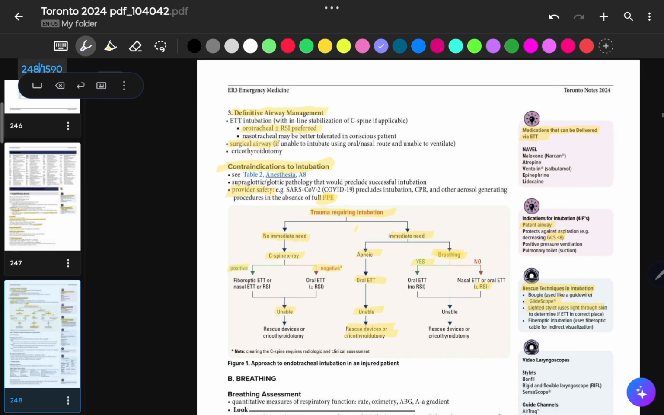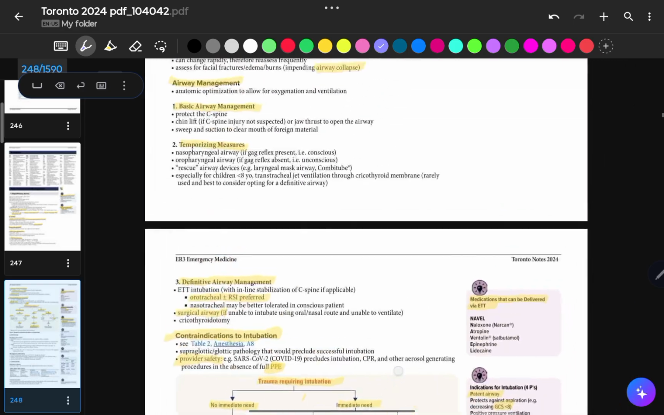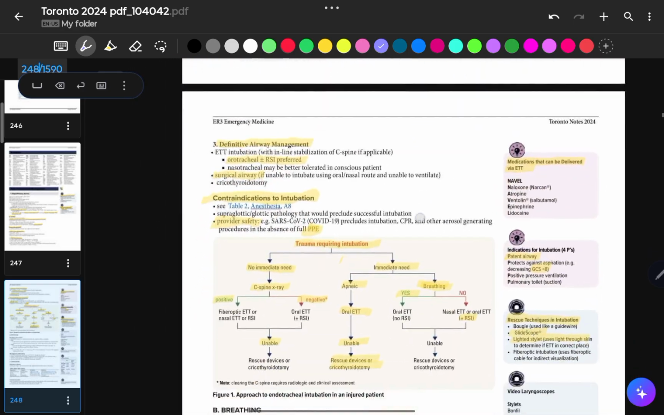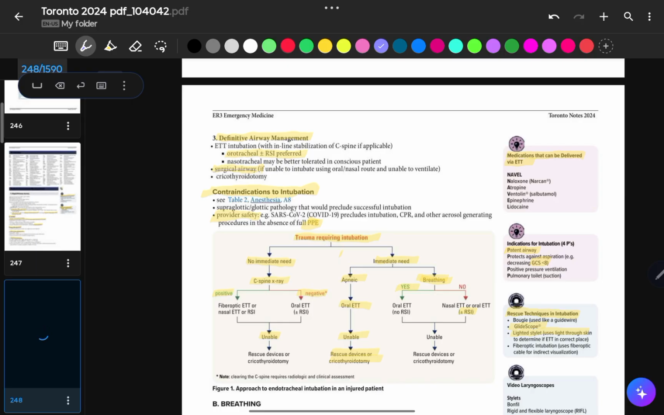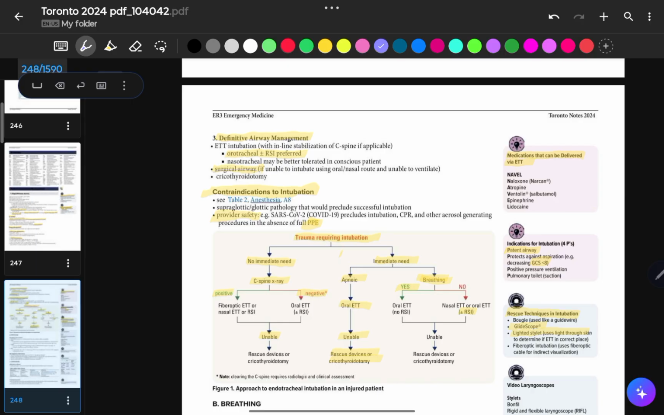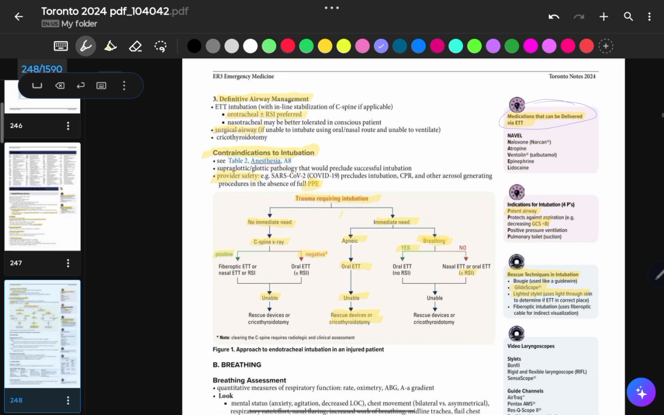And then if that doesn't work, and you have called for help, and you still cannot get your airway on, then you're going to move to your surgical airway, where you're going to do your cricothyroidotomy. So what are the medications that can actually be given into an ETT? It's going to be the mnemonic NAVEL: N for naloxone, A for atropine, V for Ventolin, E for epinephrine, L